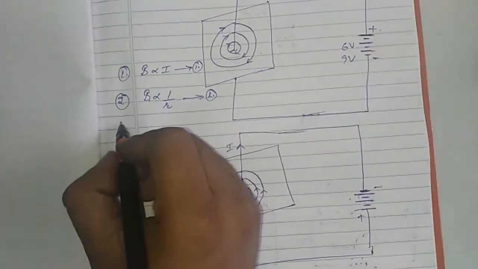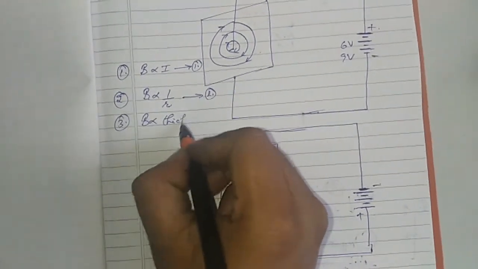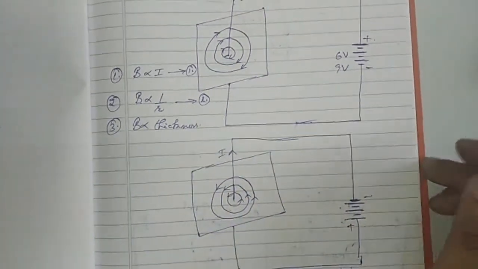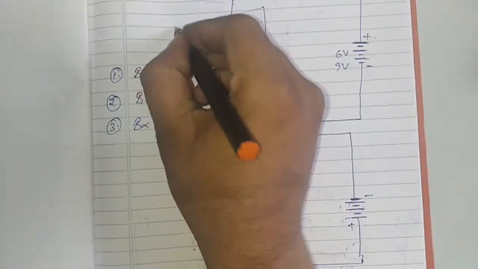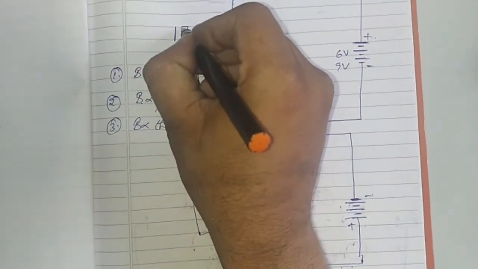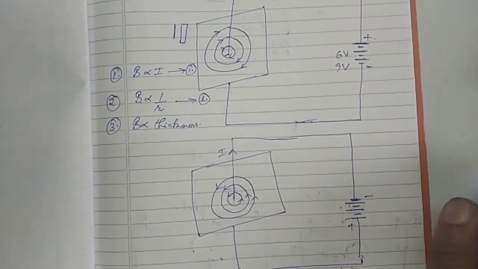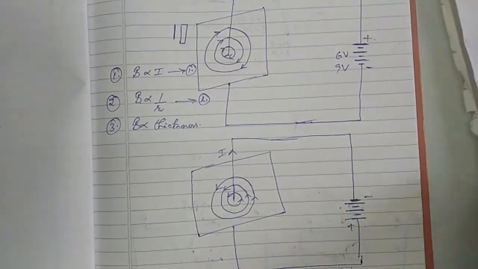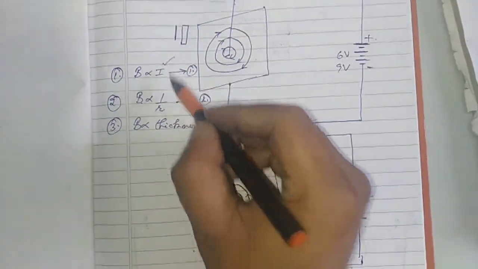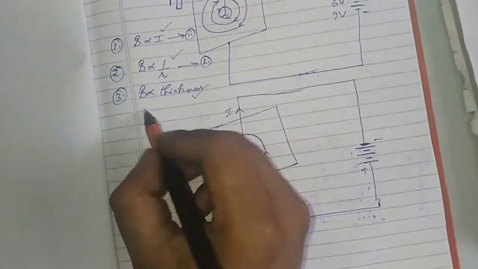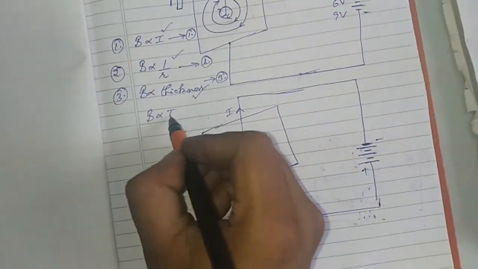And the third point, which is not in NCERT, I will tell you: B is directly proportional to the thickness of the wire. Thickness means if I take two wires, a thick wire and then a thin wire, the magnetic field again increases because of the area of cross section of the wire. So the magnetic field for this current carrying conductor depends upon three factors: current, radius and thickness. We combine the first two equations mathematically: B is directly proportional to I upon R.